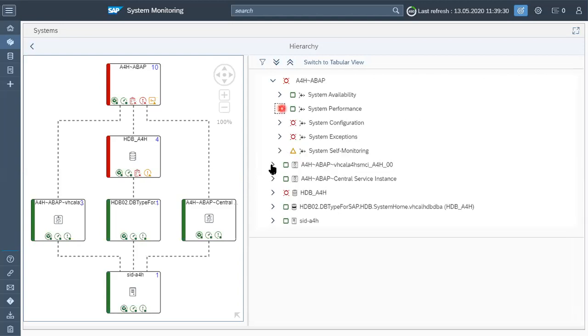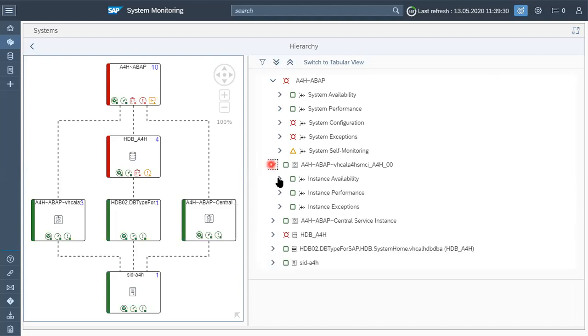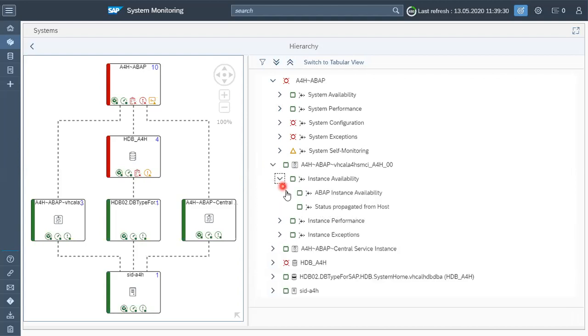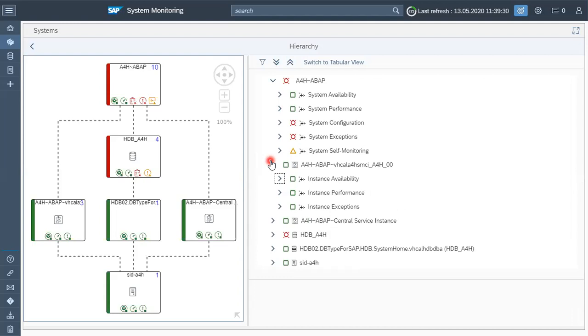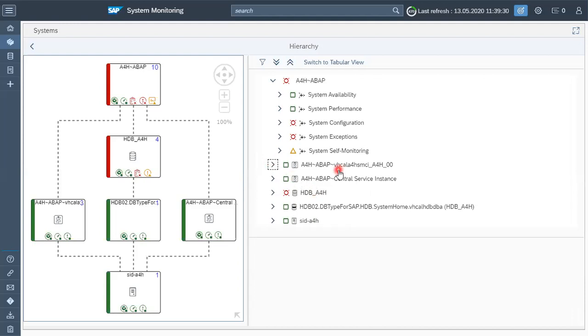And in the same way, if we want to see the availability of the instance, we can see here that all three monitoring metrics are green, and it is showing green status for the availability of the system and also the instances.